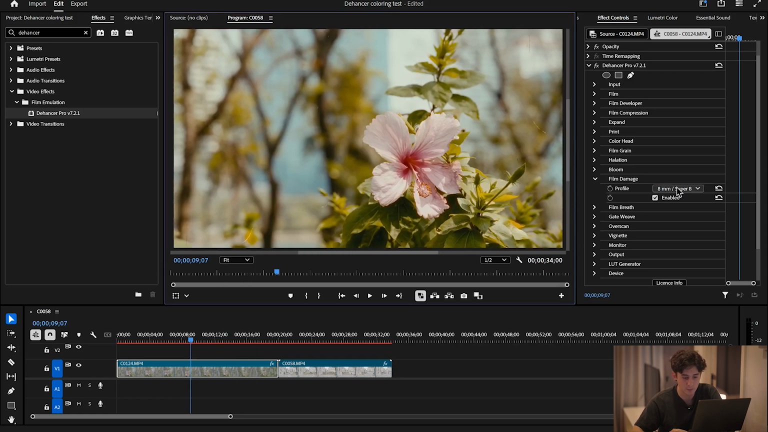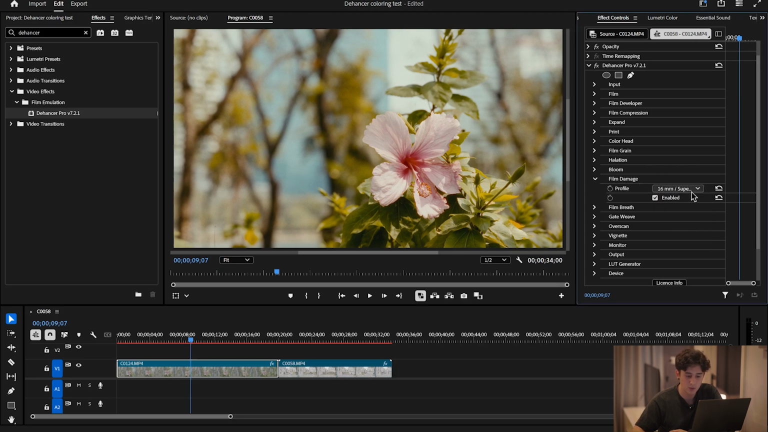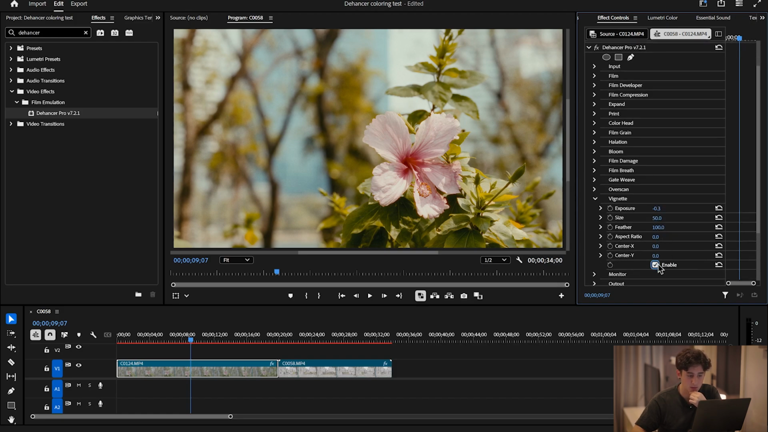So yeah, this is film damage, which is pretty cool if you want to make your film look really vintage and filmic. So I usually leave it at 16 or 35mm to make it look a little subtle. Then we have film breathe that I don't use. It's kind of like flashing images to emulate some film. And lastly, the thing that I use the most is the vignette, because I think it gives the image a